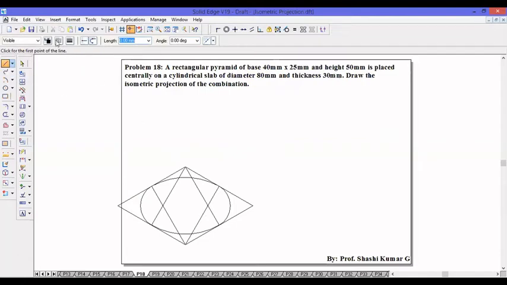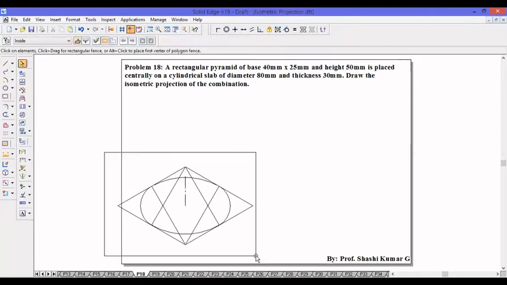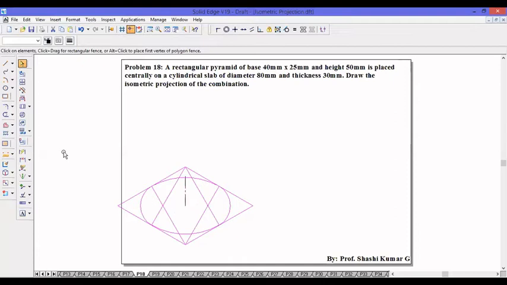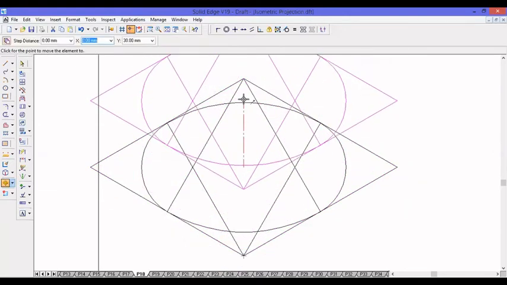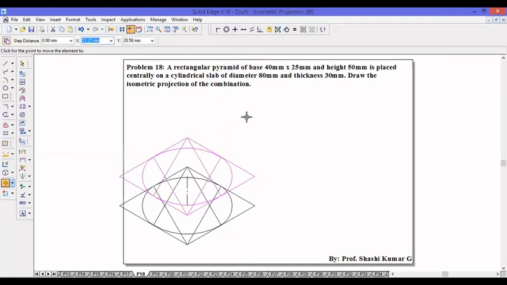So let us show the axis of the cylinder which runs exactly from the center. You can see the relationship there. Two dotted lines are showing. There is the center, 30 mm at 90 degree. Now select this entire thing, but not the axis. Go for move, switch on copy from the base and paste it on the top at the end point of the axis. So now the cylinder part is completed.